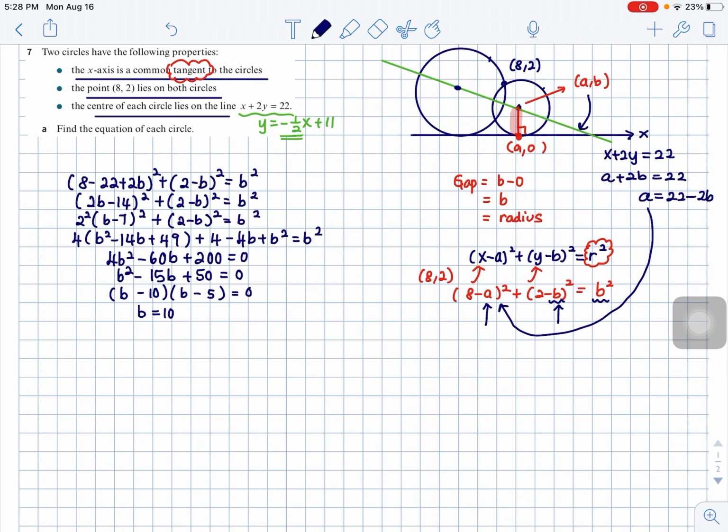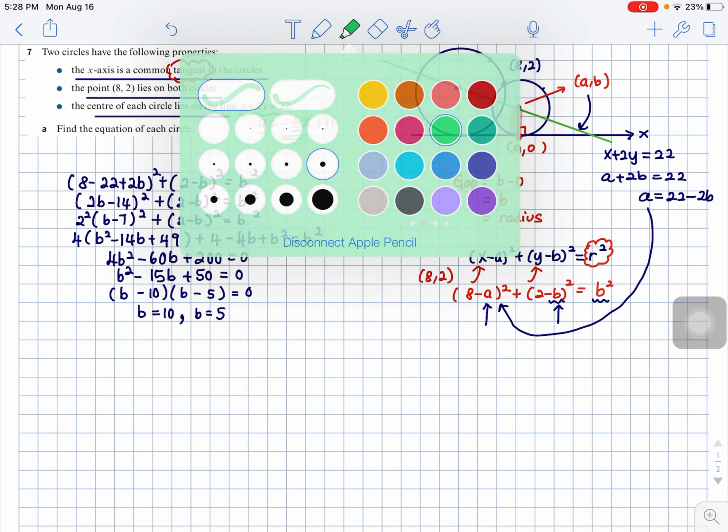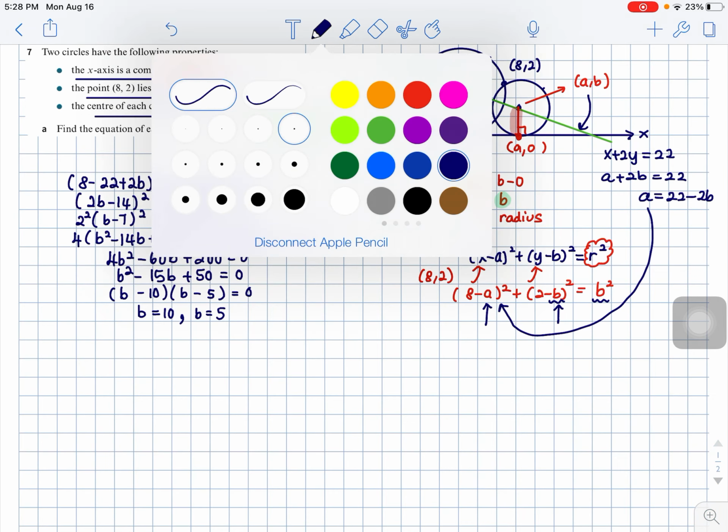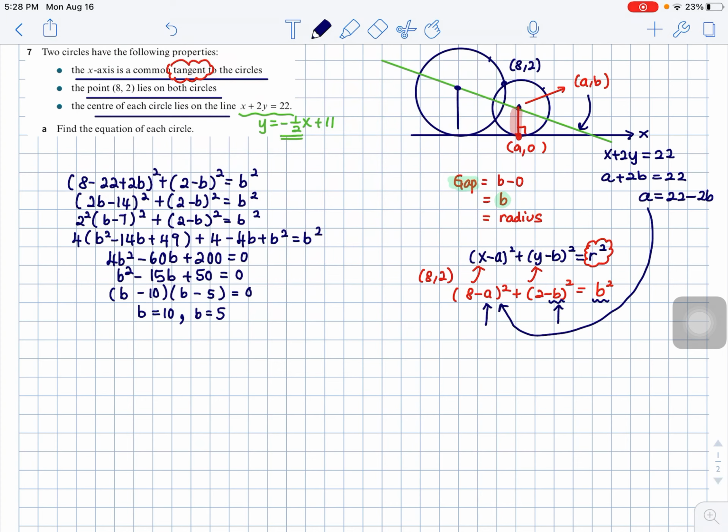See, you are getting two different b values. Just now, let's make sense here. See, the b is exactly your gap, right? Why am I having two different b values? Because you have another circle here. So you have a radius here and also radius here. Okay, two different radius. So we need to get two equations of circle now. So remember, your radius is 10 and this radius is 5.